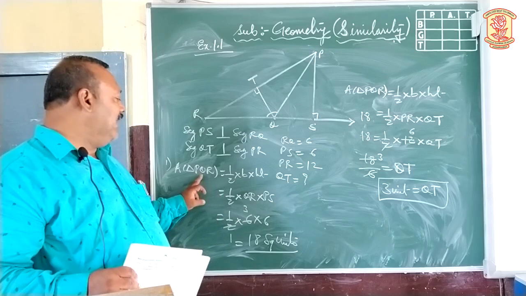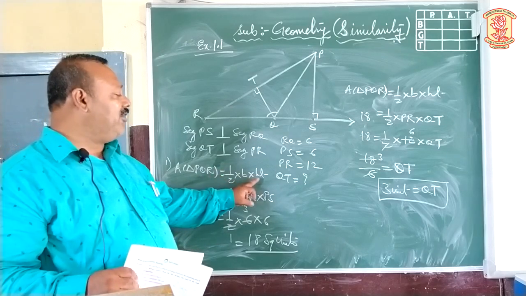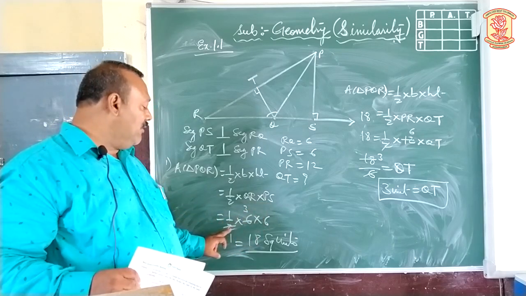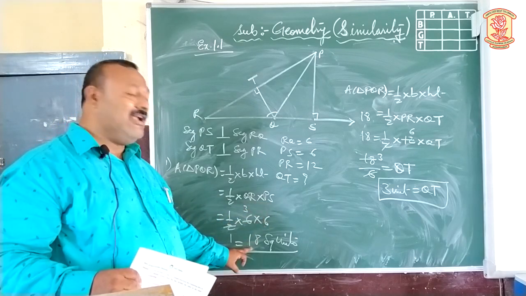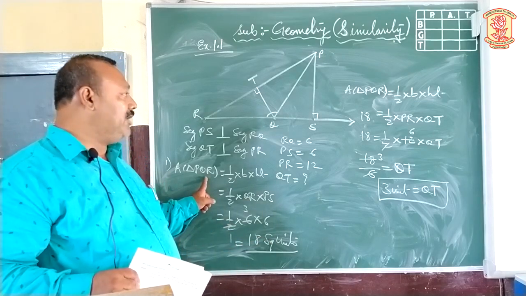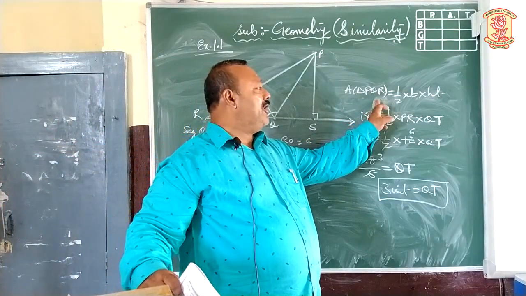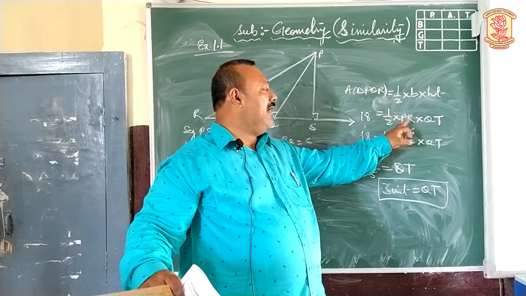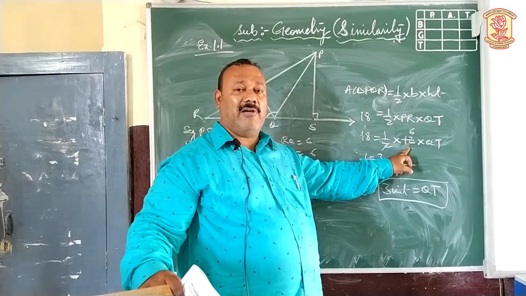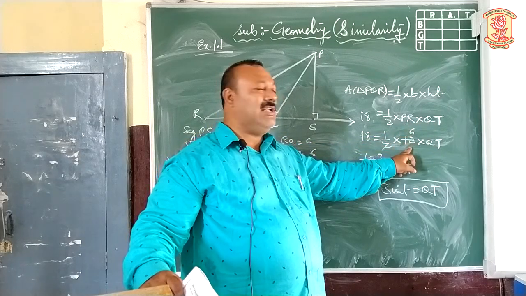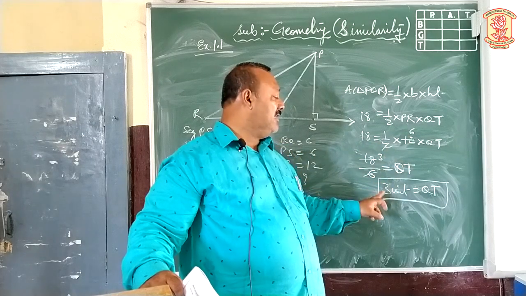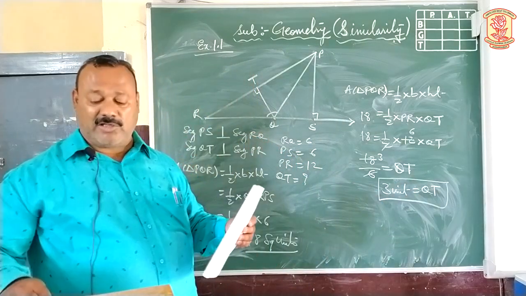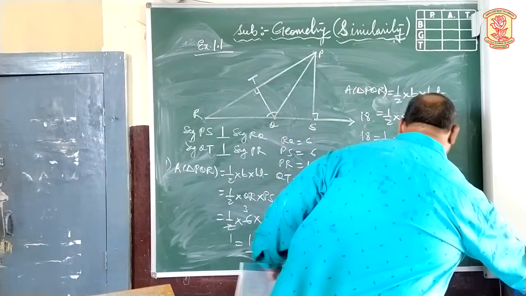Two parts are there. Area of triangle PQR equals half into base into height, applied when the values of QR and PS are given. 6 into 6, divided by 2, comes to be 3 6s are 18 square units, the area of triangle PQR. Again, half into PR into QT, area already 18. The value of PR is already given, 12. Therefore, 2 1s are 2, 6s are. Bring it in reduced form, 18 divided by 6, the value comes to be 3 units. This is nothing but the value of QT. Now proceed to the next question, question number 4.